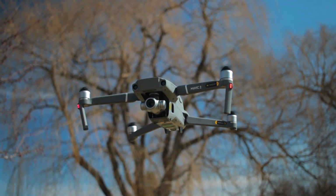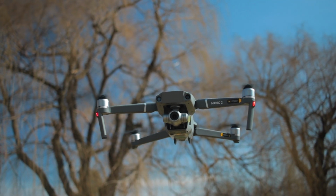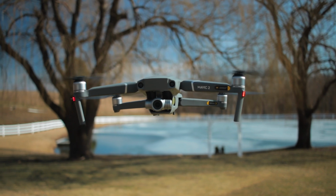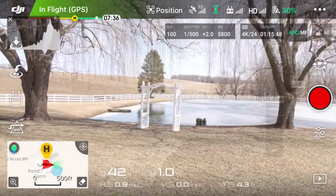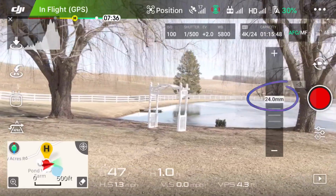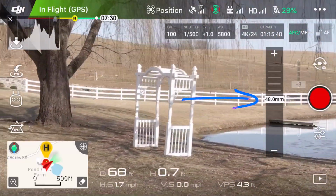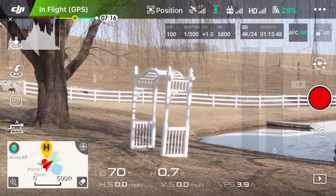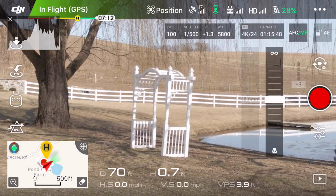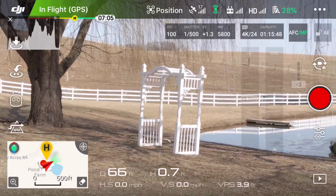The Mavic 2 Zoom has 2x optical zoom and an additional 2x digital zoom when using 1080p, but for our test we're going to stay in 4K. The zoom has a field of view of 83 degrees when at 24 millimeters. When zoomed into 48 millimeters, the field of view reduces to 48 degrees. Now the f-stop also changes when zoomed in. At 24 millimeters, we have f2.8, but when zoomed in, it goes to 3.8,